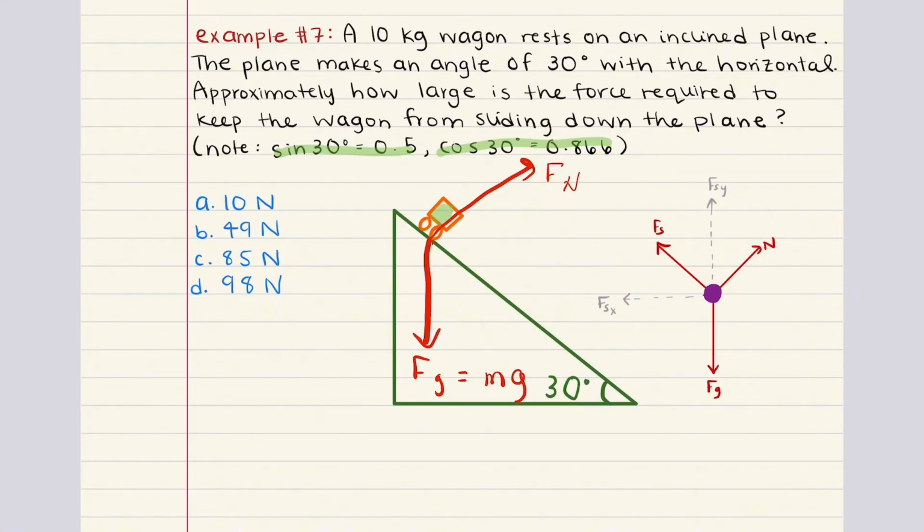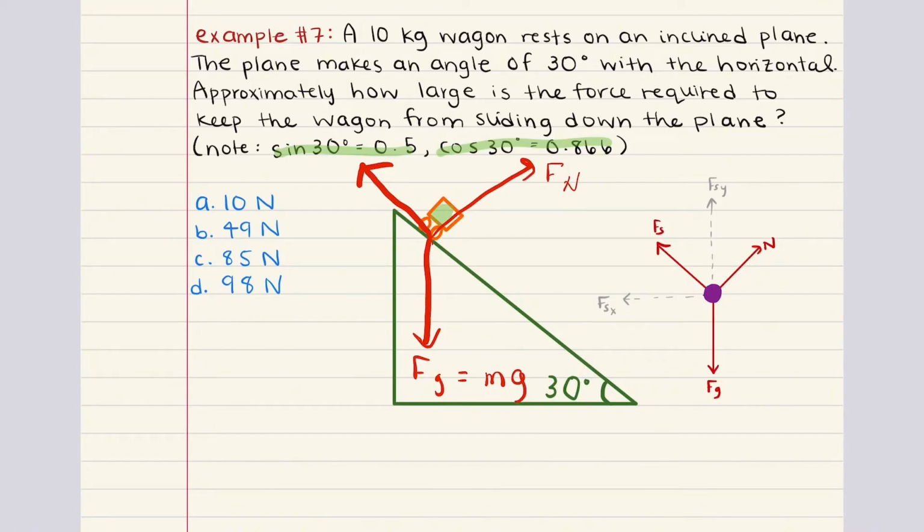Then our third force is going to be our static friction force. This is the force that opposes the motion of the wagon, preventing it from sliding down the incline. In this case, static friction is acting up the plane to oppose the gravitational force that tries to pull the